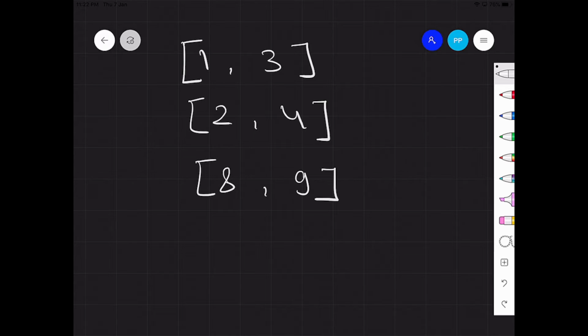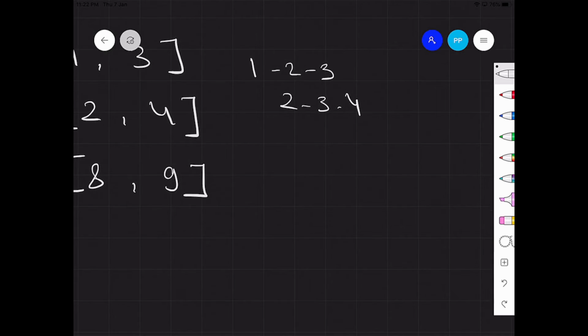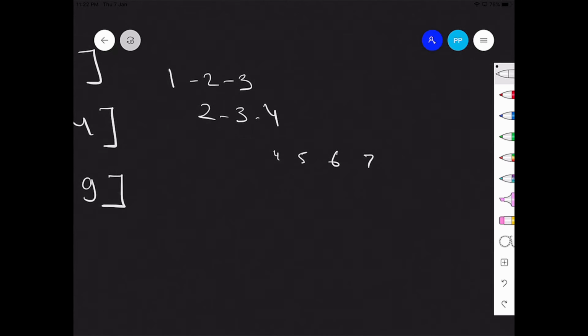If we expand these, the first becomes 1, 2, 3, then the second is 2, 3, 4, because that is the time interval that comes in between. And then we have 5, 6, 7, 8, 9. So we have another interval that is too far from here, and the first two are overlapping.